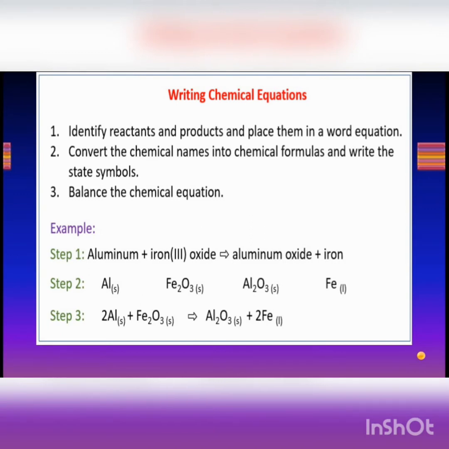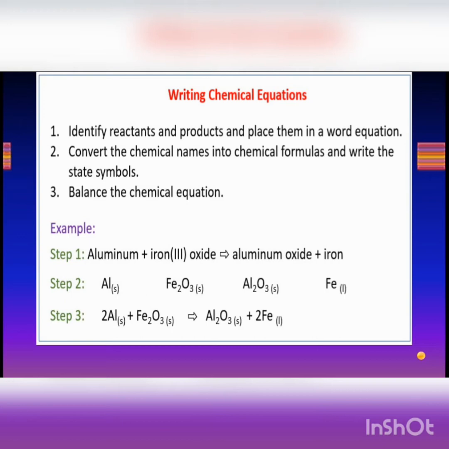If it is gaseous, it is written as G. So solids are written with s in brackets, liquids with l in brackets, and gases with g in brackets. And we write aq if something is in an aqueous state, for example an acid like HCl which also contains some amount of water, so it will be written as aq instead of liquid. Okay, coming back to this example here, let's see aluminium plus iron 3 oxide.